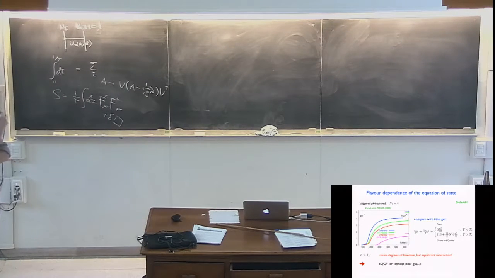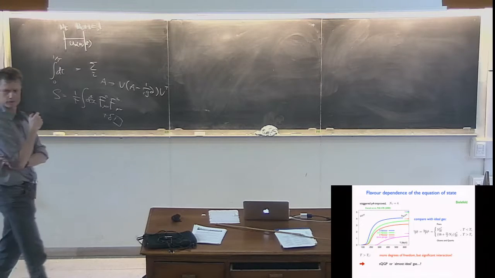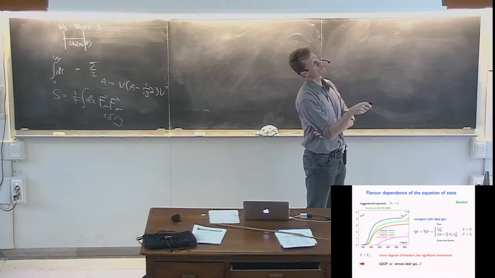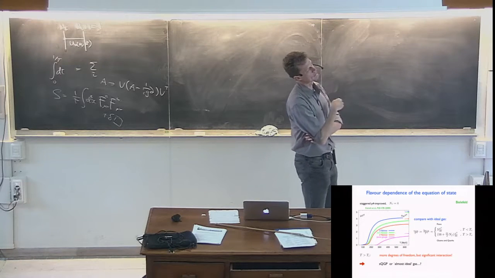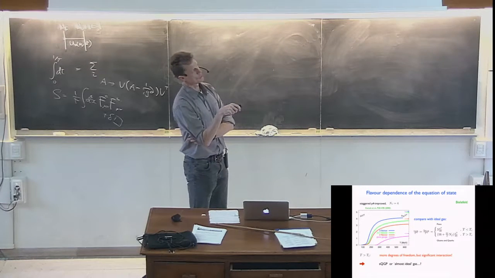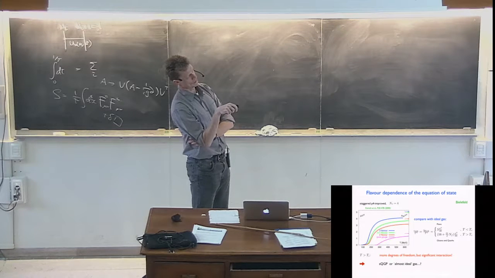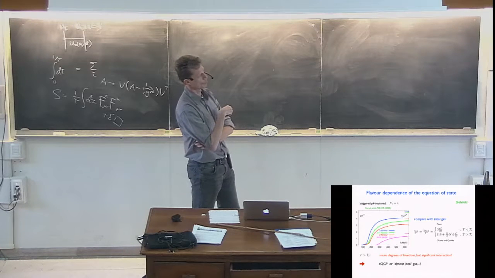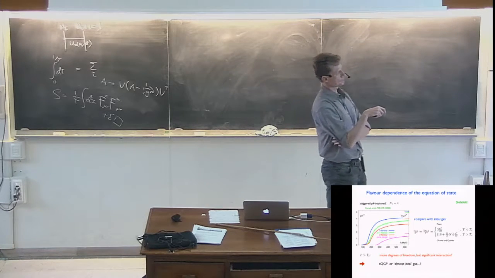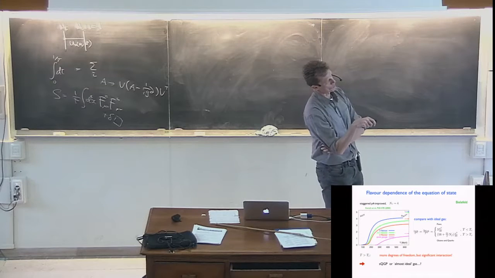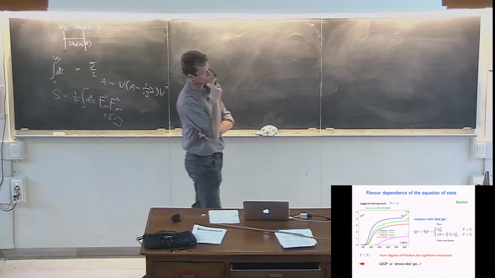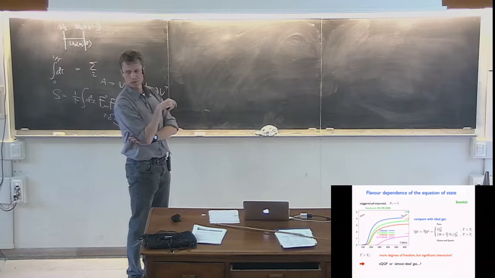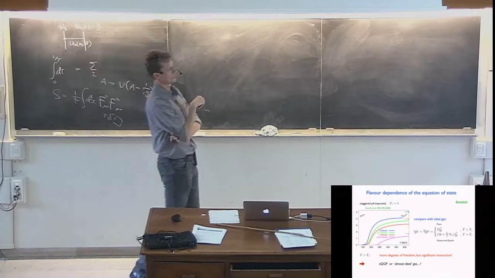And here's a plot. This is quite old, but since this is a school, I think it's a very instructive plot, and it also tells you something about the sociology of science, which I'll explain in a minute. So this is a simulation from 2000 from the Bielefeld lattice group, and what you see here is the pressure as a function of, so this is dimensionless. Pressure has dimension 4. So you divide this by temperature to the 4th, and as a function of temperature